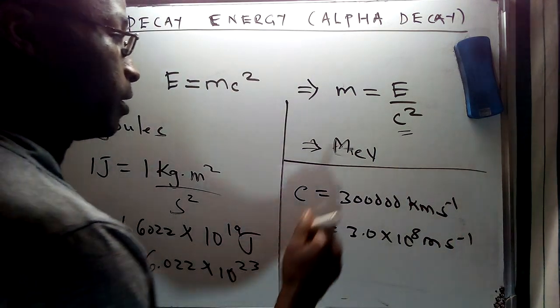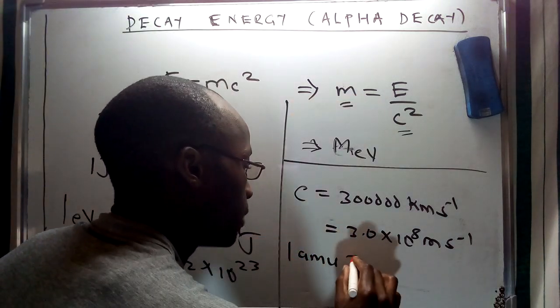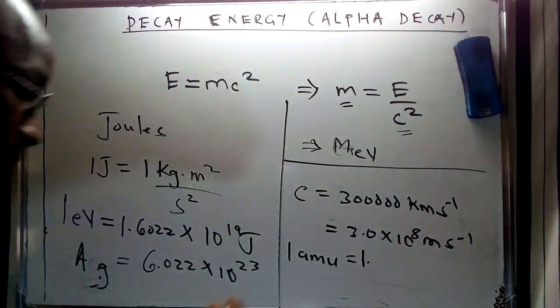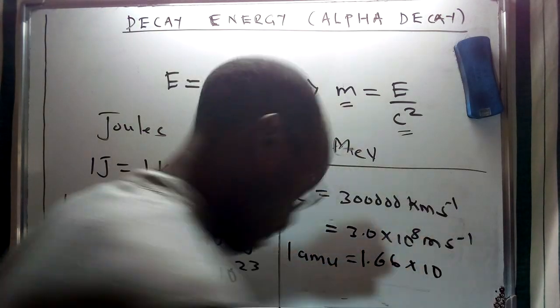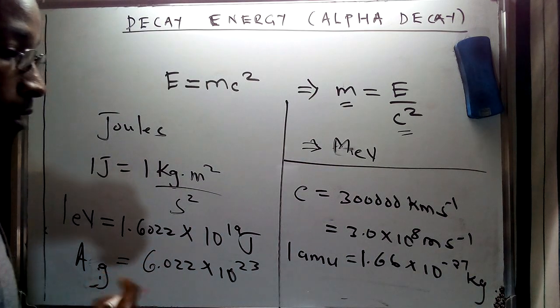And lastly, we're going to look at the concept of mass. We're also going to use a conversion of 1 atomic mass unit. From the subatomic particles we discussed in our introduction to radioactivity, I mentioned the constituents of the nucleus, which entail the electrons, protons, and neutrons, and we gave their various masses, the charge and other aspects of their characteristics. This is going to be equivalent to 1.66 times 10 to the power of negative 27 kilograms,